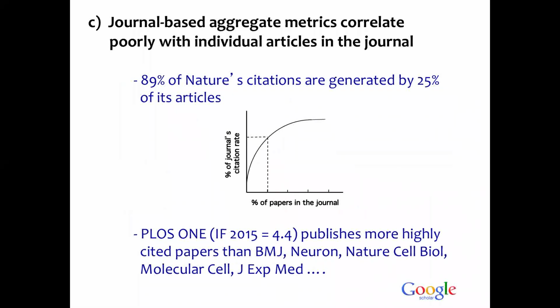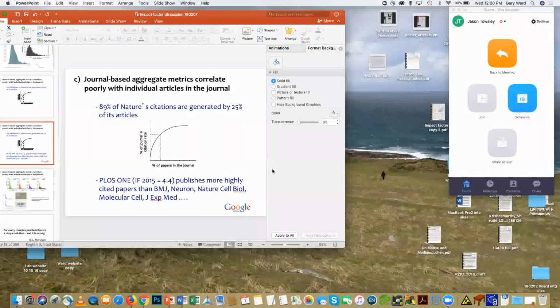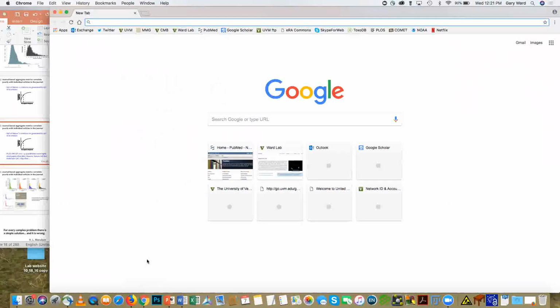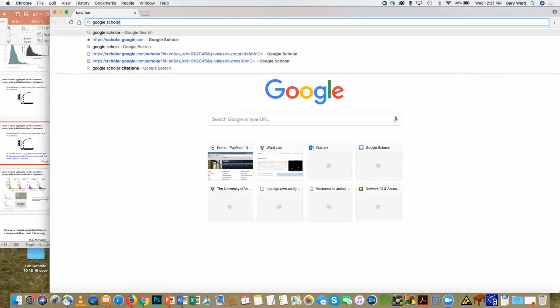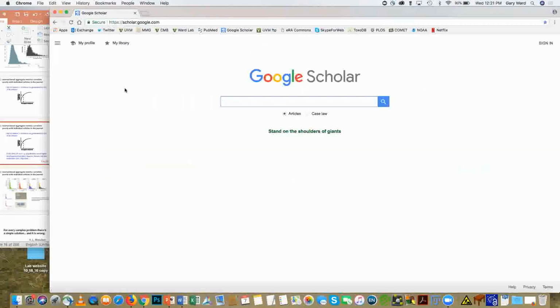So this is kind of an interesting observation. And when I say the converse is true, what I mean is that you can have a journal that you think doesn't publish anything worth reading, but in fact you can't say that